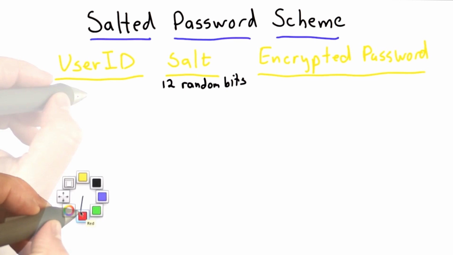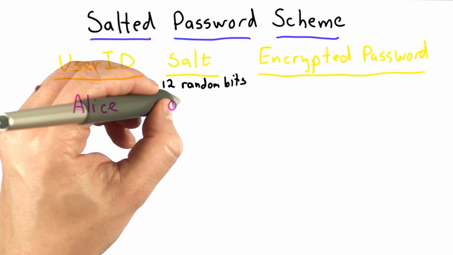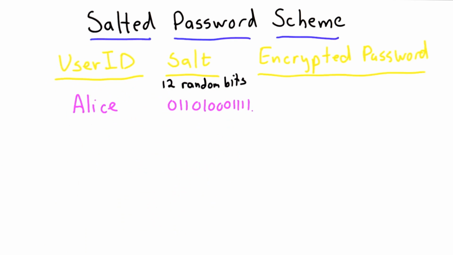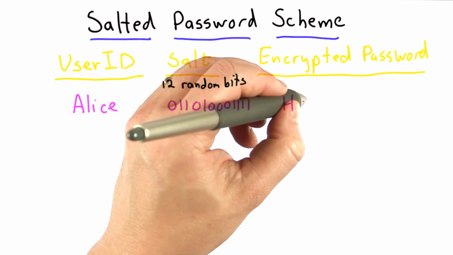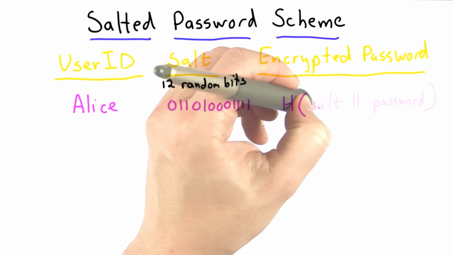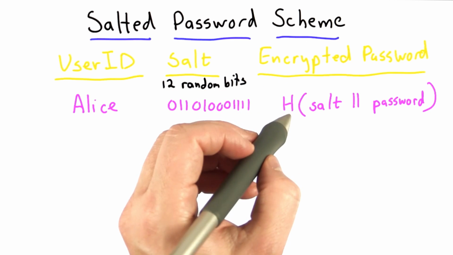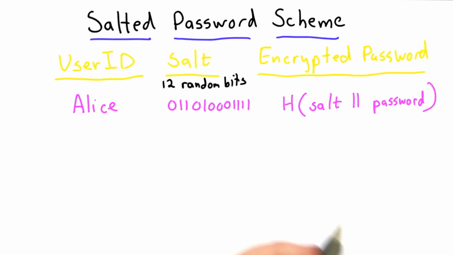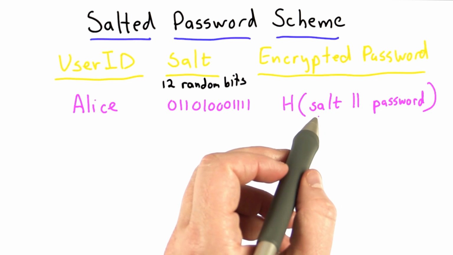So for user Alice, let's say we have the salt 01111, which is an apparently random sequence. What we'll store as the encrypted password is the result of hashing the salt concatenated with Alice's password. And there are different ways of doing this. Some hash functions can be modified to behave differently based on another parameter. But if it's a simple hash function that just takes an input, well, we can make the input the salt